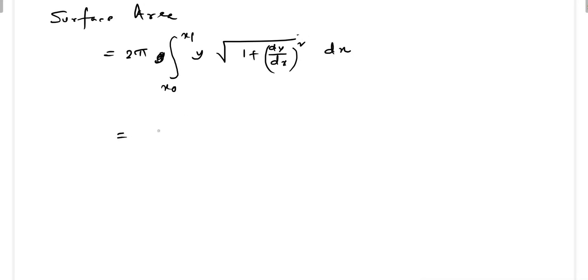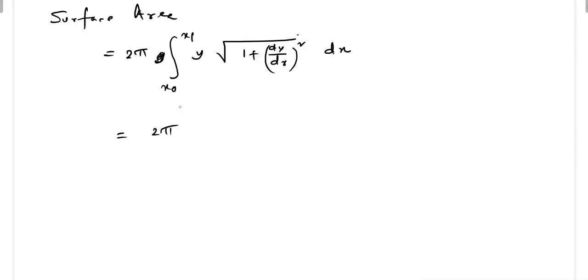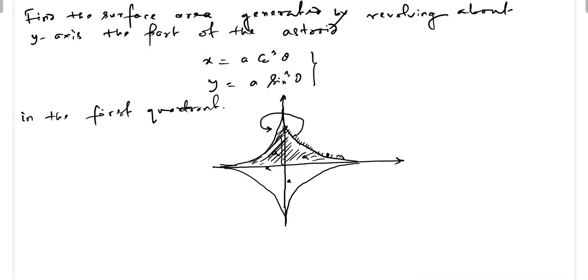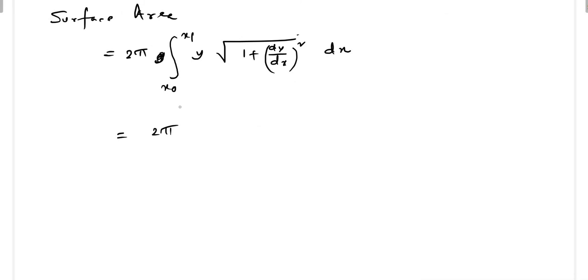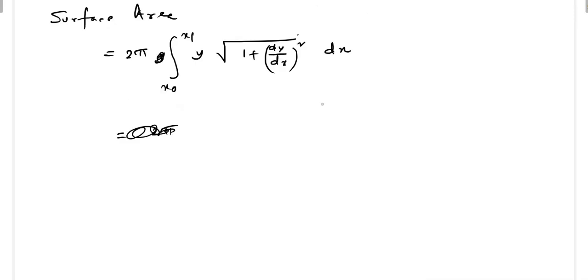Okay, so this can be written as 2 pi times, you can see that this equation has been given in parametric form. So okay, no problem, we can do it. So take the equation x equal to, y equal to, so x equal to